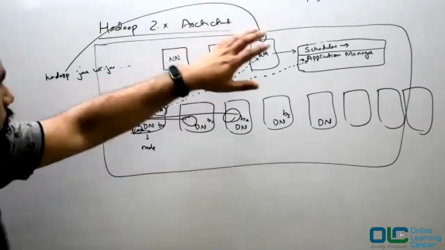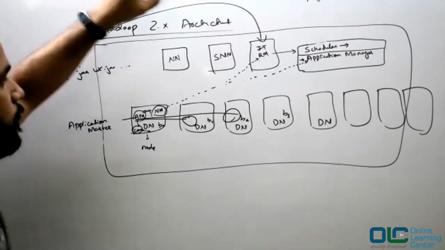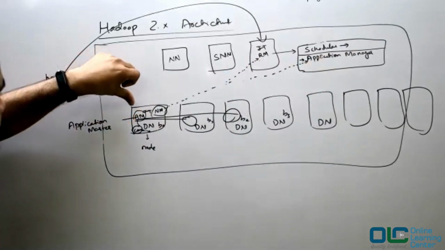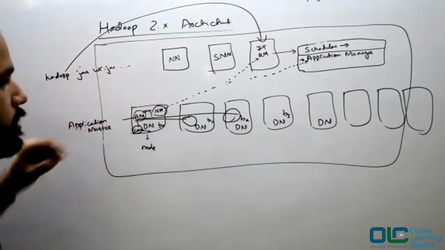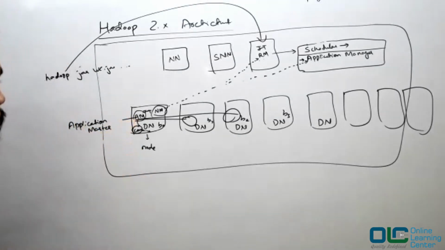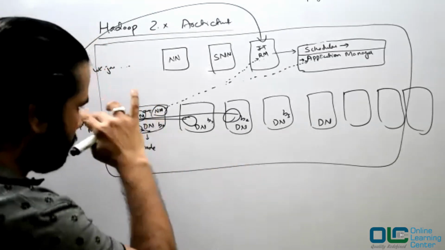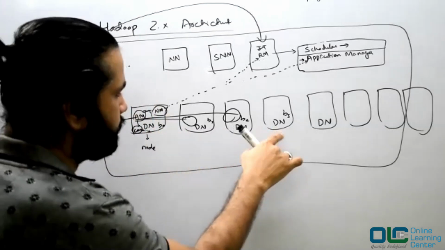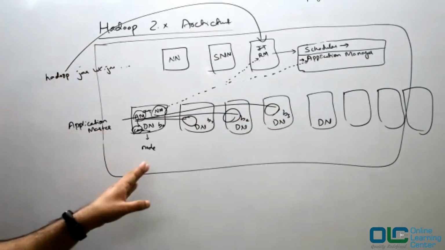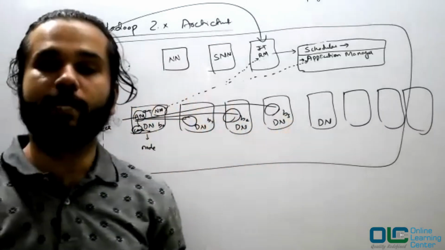Okay, so see, you have submitted a job saying that word count is a job which I want to run, and this job would be given to your application manager. The application manager will create an instance called application master. For every application there will be exactly one application master. Now when you say I want to run a word count job on a file which has 4 blocks, the blocks are present here, here, here, and here. So in all these 4 machines, the job needs to be executed, right?